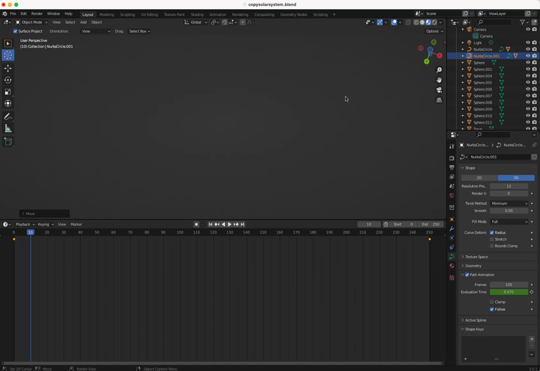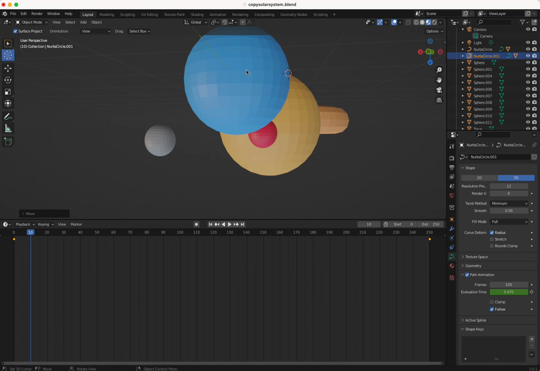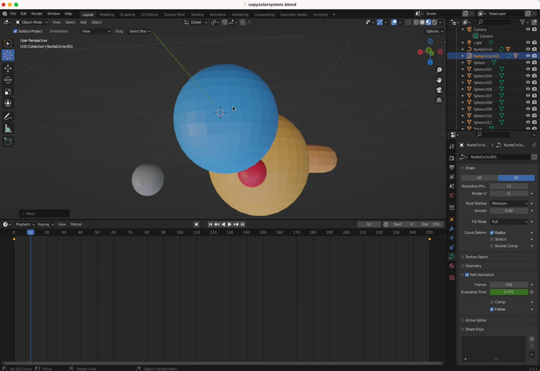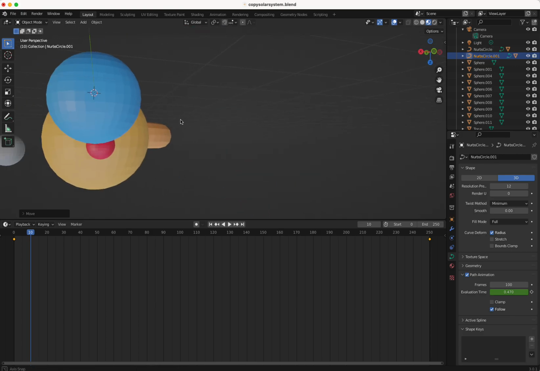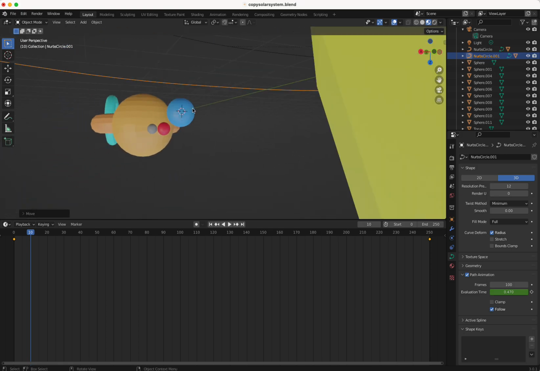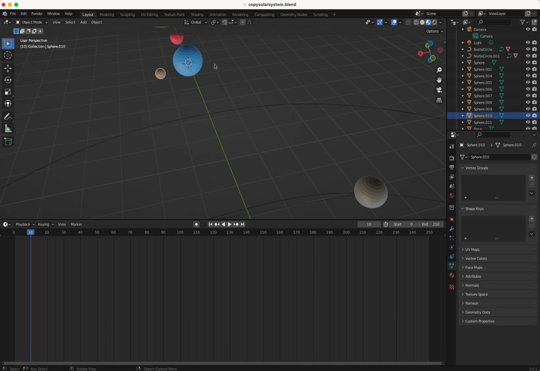We lost it. Where is it? Oh no, where are our planets? Oh, here they are in the app. They are so big. And then everything is not upside down. Okay, I think it's okay now.